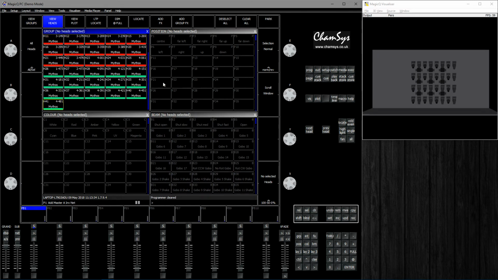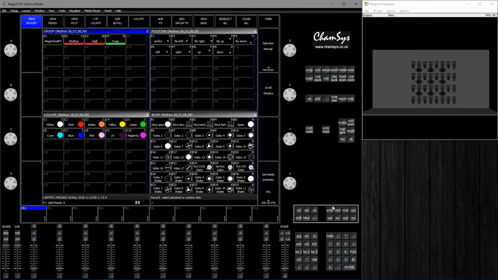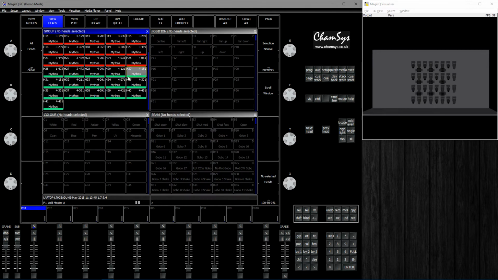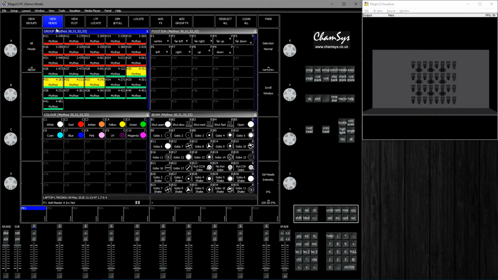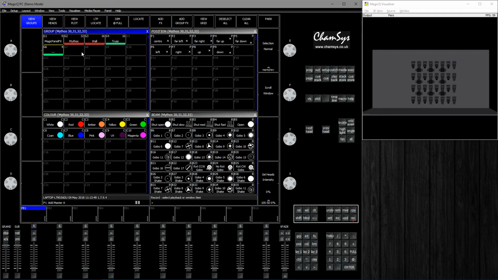I'm going to make a few groups of those. So I'm going to select the first 4, Shift Enter. There we go. Shift Enter. In this corner you see how many heads are in that group.